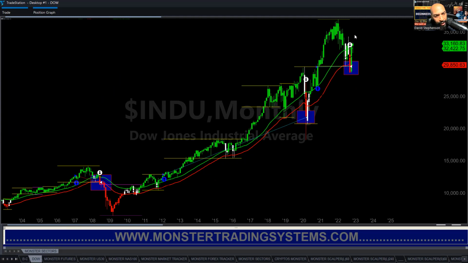We can see it's in a nice uptrend. Last month it recaptured the moving average, green candle, and it's moving higher again. So if we were a day trader, or even a swing trader, and we never looked at the monthly time frame,